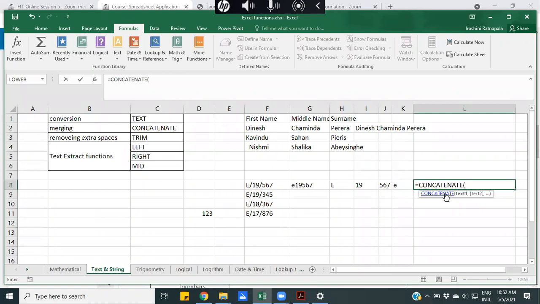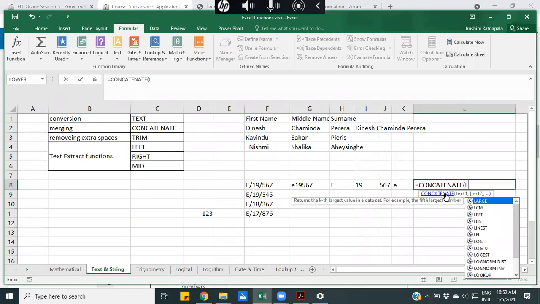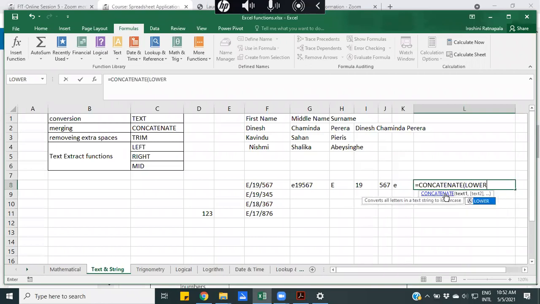What we converted, the value got used in the left function. So my outer function inside this part is lower, and inside the lower, what I did, I used the left function to get the value E. Right.